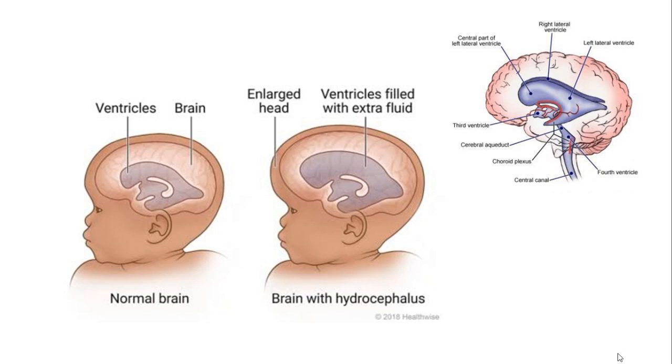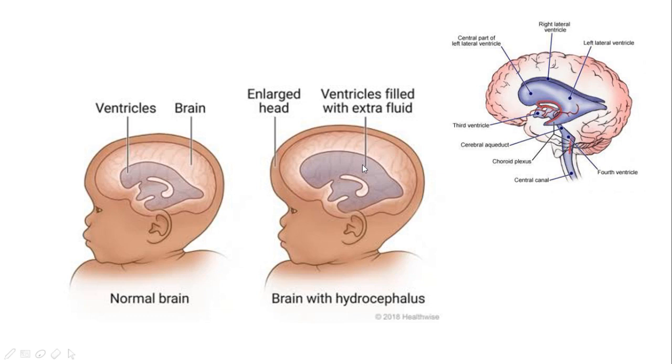The first picture is showing the normal brain with the ventricular system, while the second picture is showing the enlarged head, and the ventricles are also filled with the extra fluid. The condition is known as hydrocephalus,